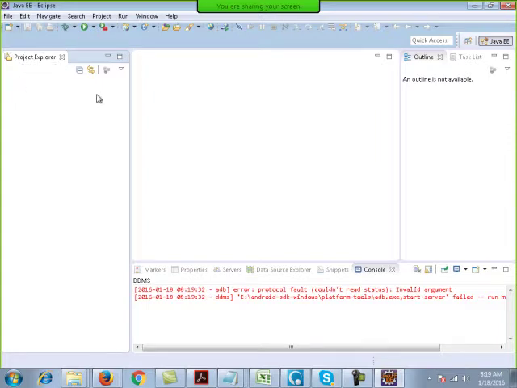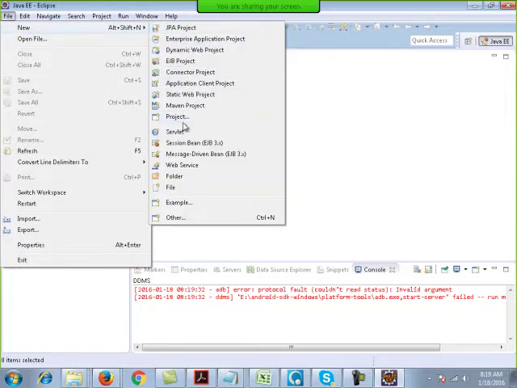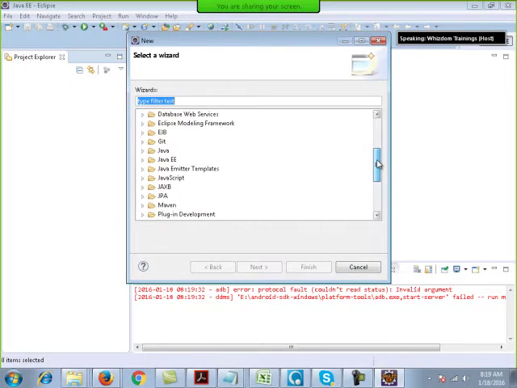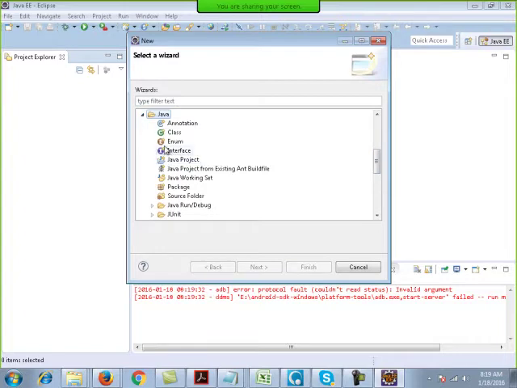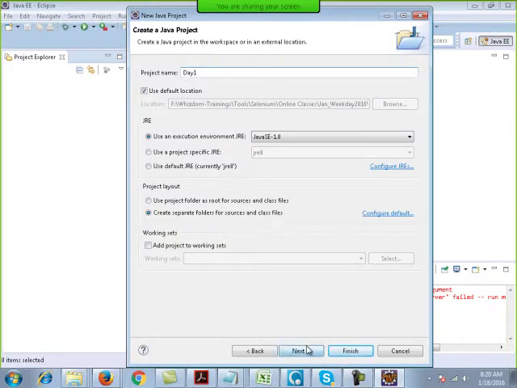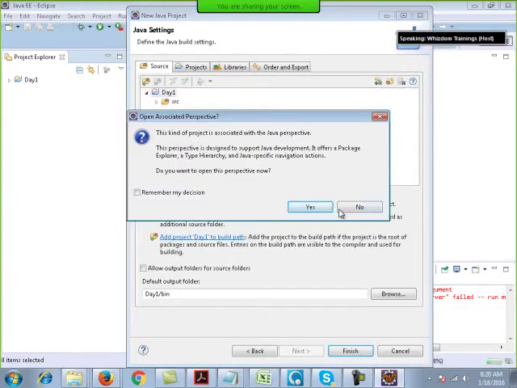Fine, let's create a new Eclipse project. Eclipse is an editor for Java. It's a very helpful editor. So I'll just create a new Java project, new, other, under Java. You will see Java project. And I'll call it day 1. Fine. Now when you create the Java project, you will see that